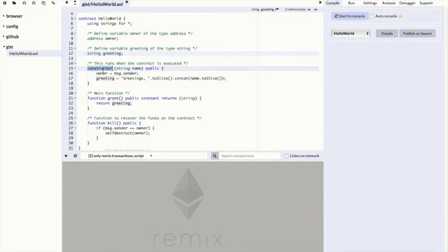The constructor is the function which is automatically called when the smart contract is instantiated. You can pass as many parameters as required to the constructor. Here we are passing a single string parameter, name. We are setting the owner as the msg.sender. msg here is a global variable that is available in Solidity.